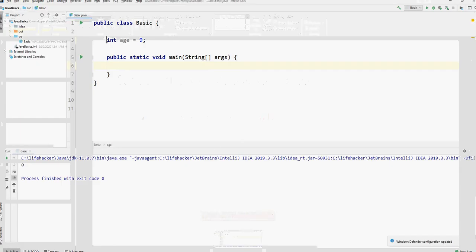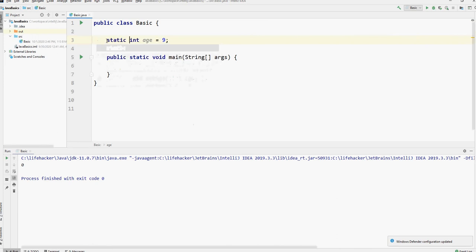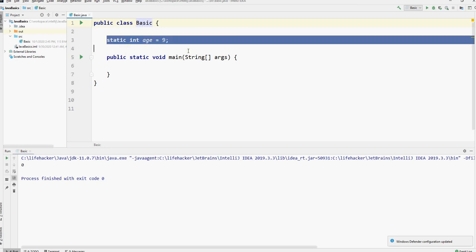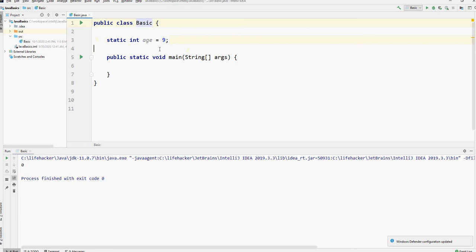If you have a static variable, which is a class variable, static int age equals 9, this int age will always exist in memory, regardless of whether this object was created and garbage collected or not. The initialization of this variable happens during class loading. It doesn't happen at runtime.